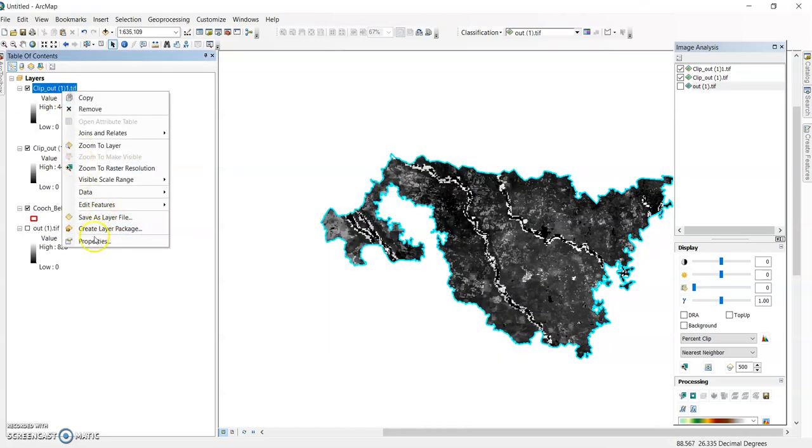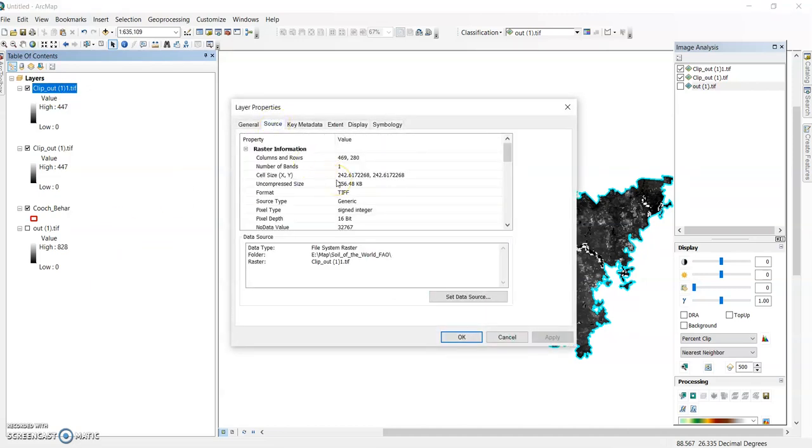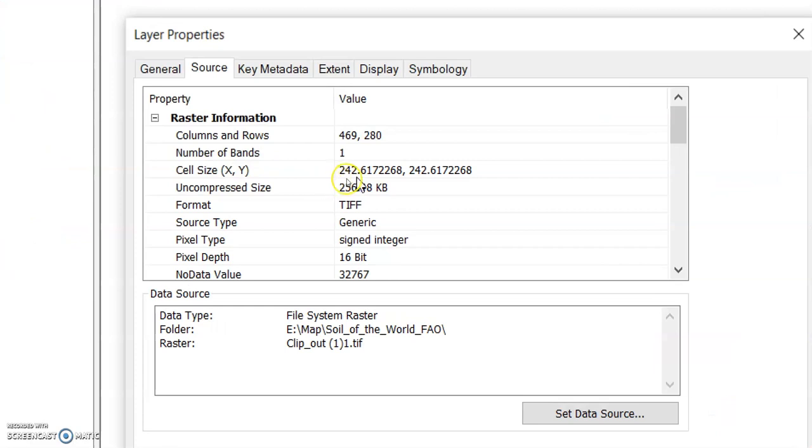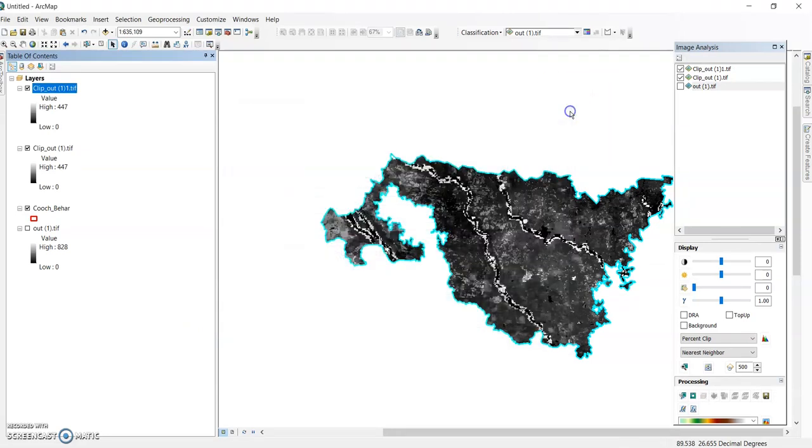So this is my data. Go to properties, here the source. You can find the spatial resolution 242.61. The original file was 250 meter by 250 meter spatial resolution. So now it is 0 to 447.